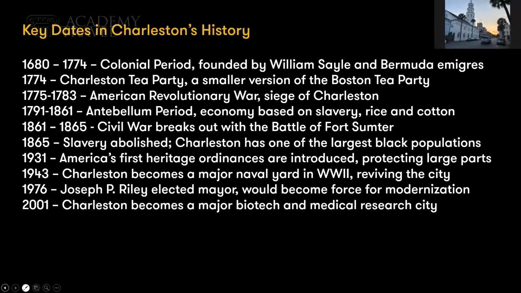Malaria was also always a major problem. Not as deadly as yellow fever, but malaria continued to be a problem. In fact, they called it the county fever. It was so common, and it was common right up until the 1950s when the use of pesticides stopped it out. The American Revolution comes along.